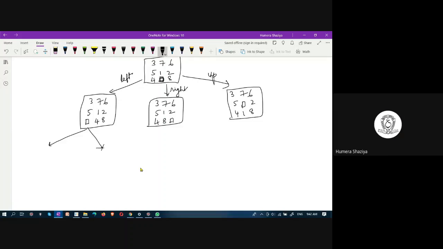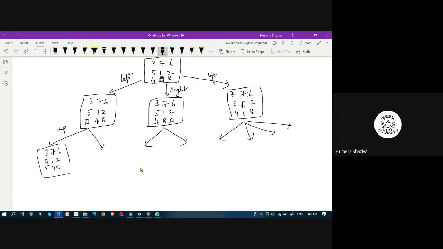From here we are getting 2 states, and from here you are getting 2 states. From here you are getting 4 states. So this would be 3, 7, 6. Let us take up: up means empty, 1, 2, 5, 4, 8.